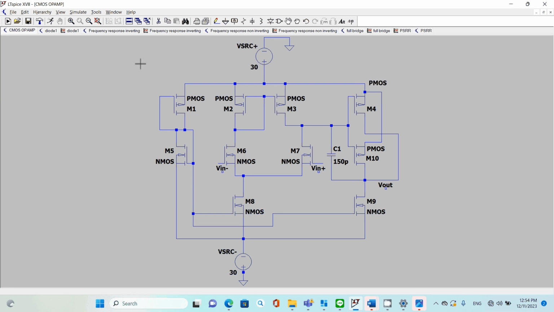We have our CMOS op amp as the circuit in the front, and we have V in negative, V in positive, V source negative and V source positive of the supply. This one we put the supply as 30 volts, and